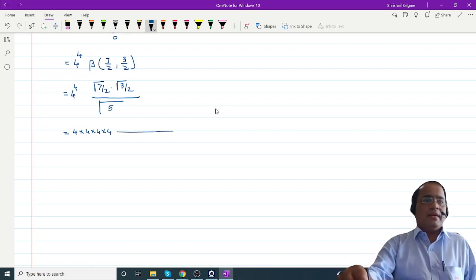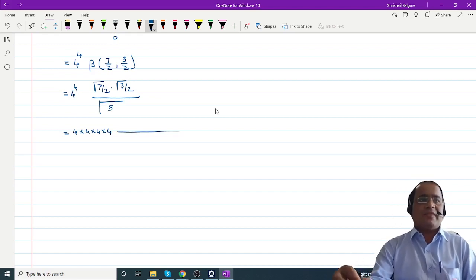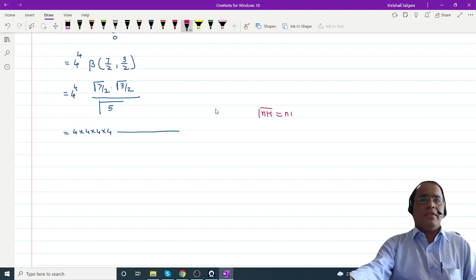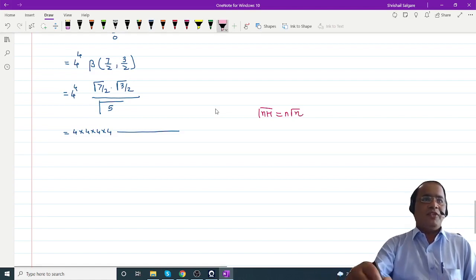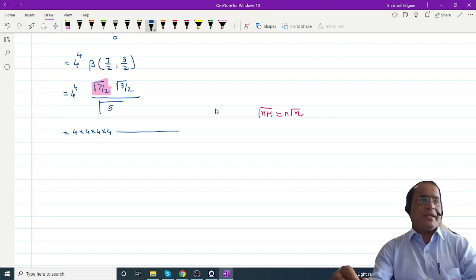Multiplied by. Now here it is not possible to cancel any term from the numerator and denominator. That's why I will apply successively the property that gamma of n plus 1 is equal to n gamma n. So can anyone help what I should write for gamma of 7 by 2? Anyone? Let us see. That continuous application of that property.